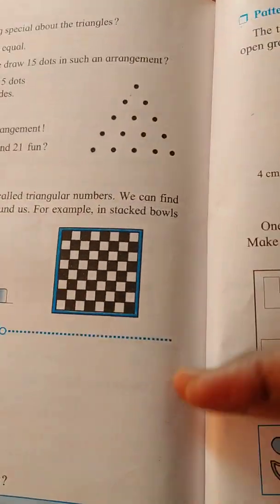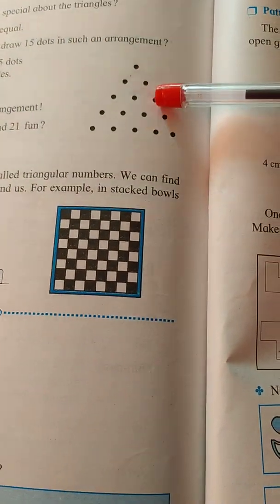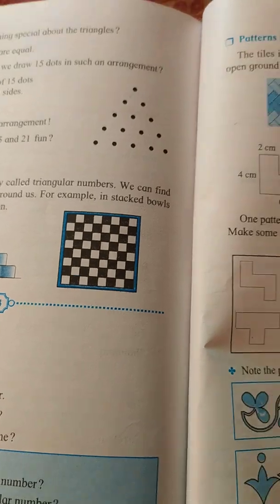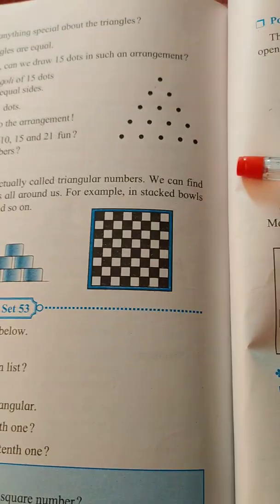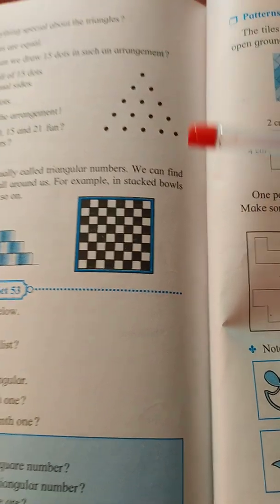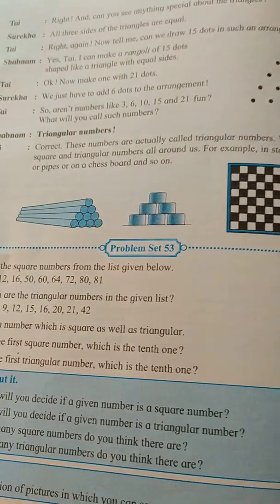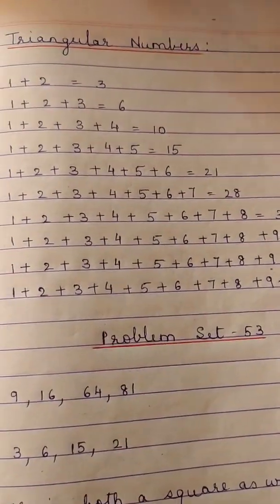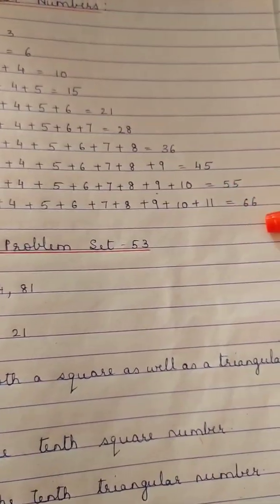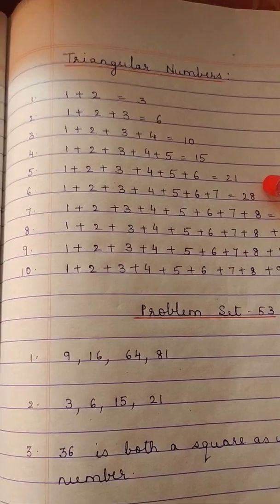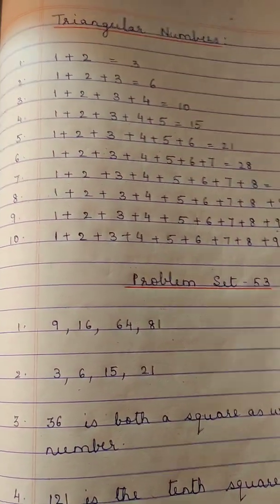So, in this manner, if I were to draw all these dots, see here, 1 plus 2 plus 3 plus 4 plus 5. So, like this, if you were to go on increasing one line with one dot extra, I would get 1, 2, 3, 4, 5, 6. You keep on adding and you count the total number of dots that you have got. You will be getting the answer in this form: 3, 6, 10, 15, 21, 28 and so on. Now since they form a triangle, that's why these numbers are called triangular numbers.